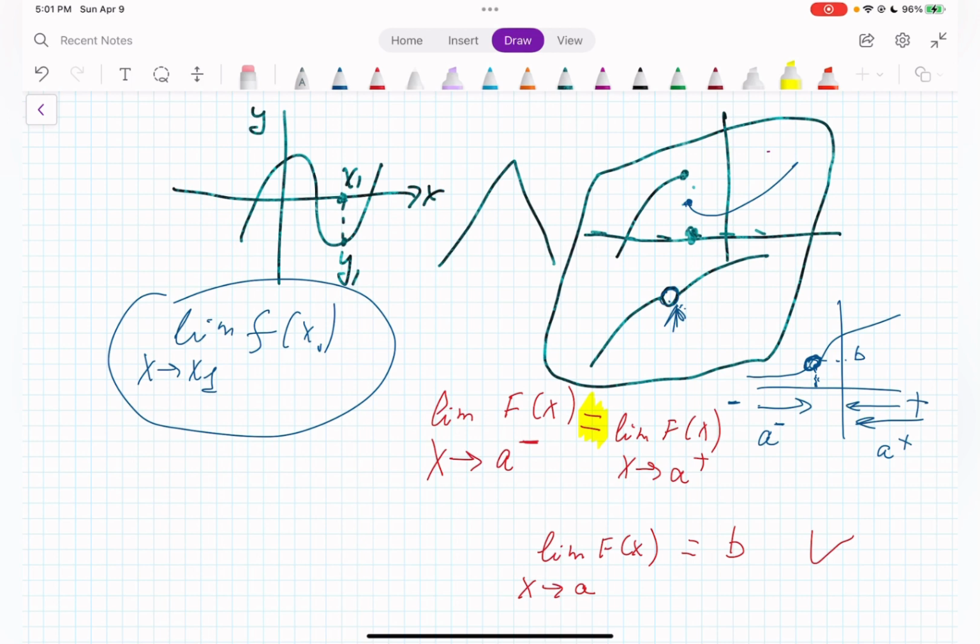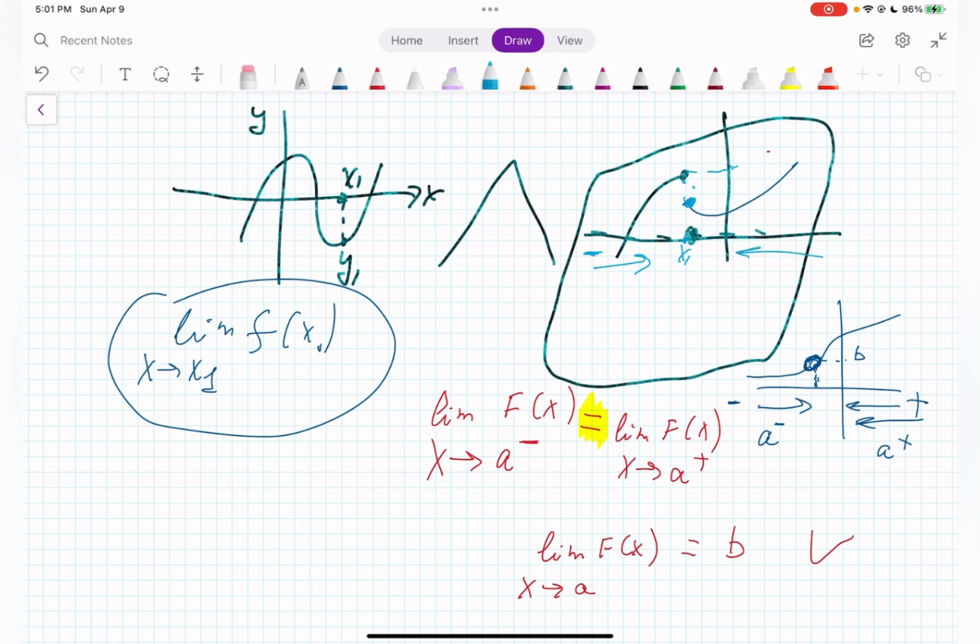Let's say in this case we don't have a limit because they are not equal. If I approach from the negative side, my value for this point x1 is going to be this one. But if I approach from the right side,